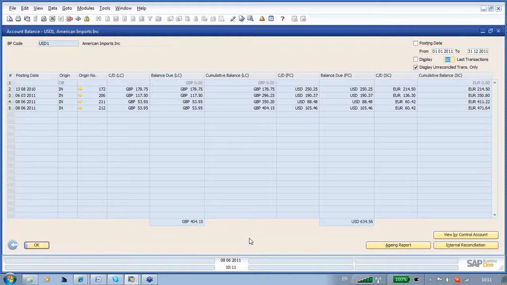Okay, so we've looked at a sales transaction for this particular US dollar account. If I was to go through a purchasing transaction, a purchase invoice, I would see exactly the same results, in the sense that I would have a foreign currency value, a local currency value and a system currency value. If I now go through to my aging report for this particular account